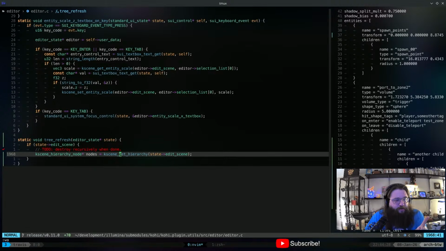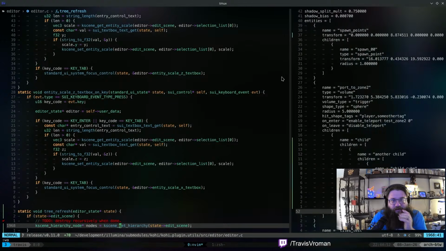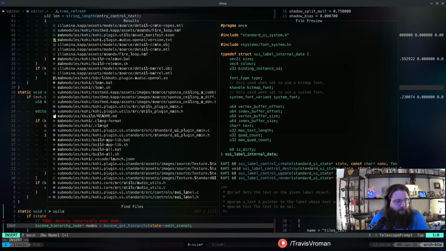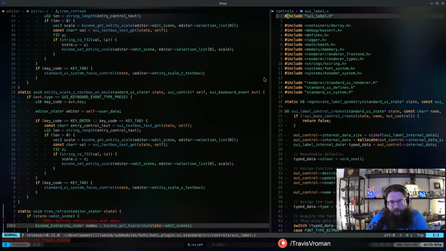And now what we need to do is think about how we actually want to display those labels. And I think I am going to use labels for now, although I don't know if an on-click will work with a label, though, is the problem. I might have to use a button, which would kind of suck. Let me take a look at the SUI label real quick. Do we set bounds anywhere? We do not. Okay.